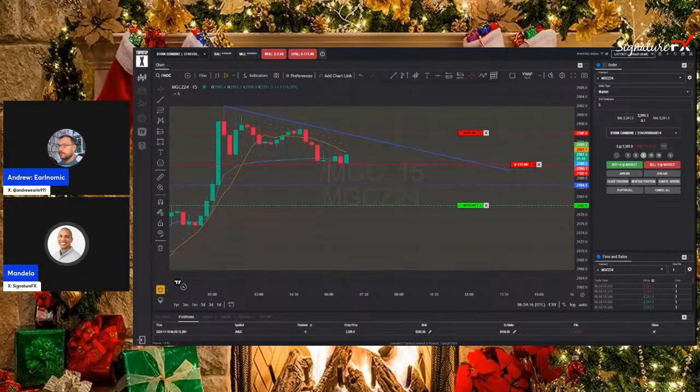So have you ever tried using the alerts on TradingView? Yes, I've got alerts set up. Okay, good, that can help sometimes. Yeah, definitely. So I've got some alerts set up, and what I've done is set up a demo Forex account on TradingView as well. Nice. Yeah, I can quickly show you that now.